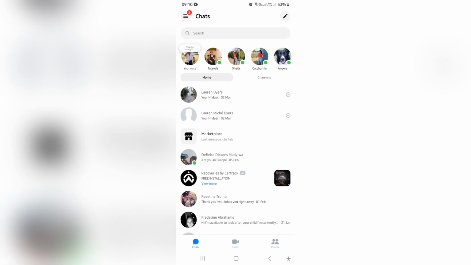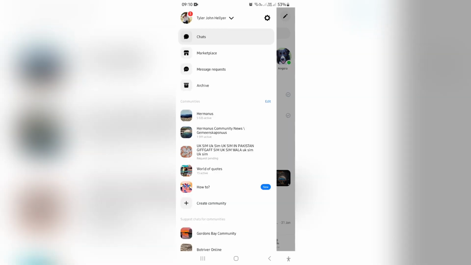Ladies and gentlemen, I'm going to show you how to activate chat heads in Messenger. So, of course, you need to download Messenger from your App Store, and this is the interface. Now, you will locate your settings over on the left-hand side, and in this menu, you're going to tap on